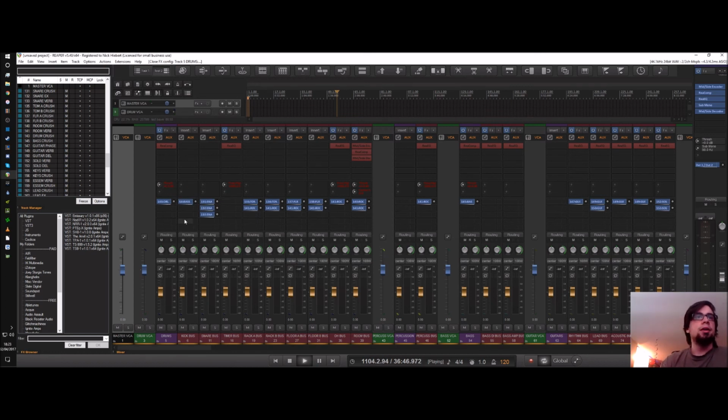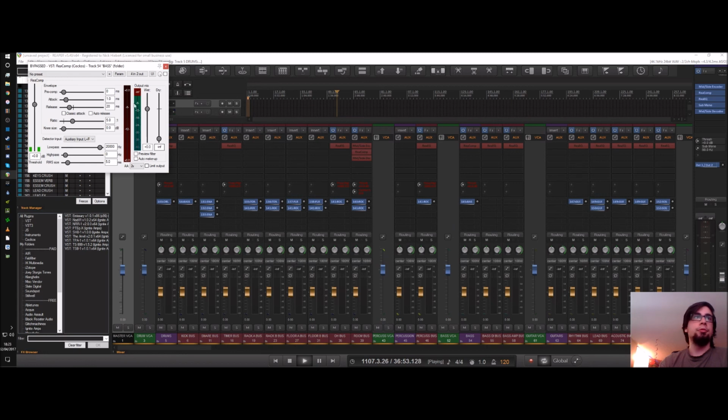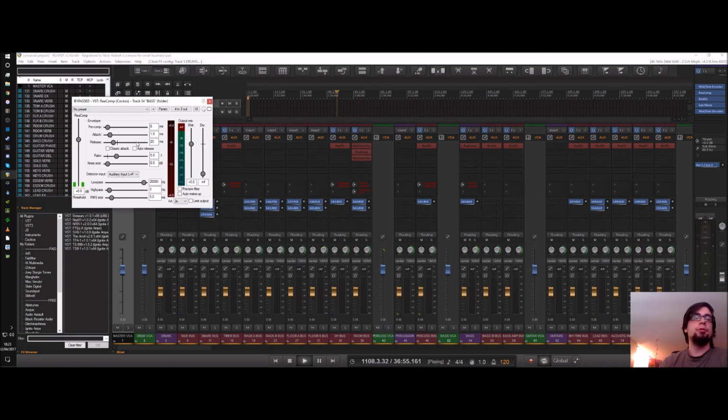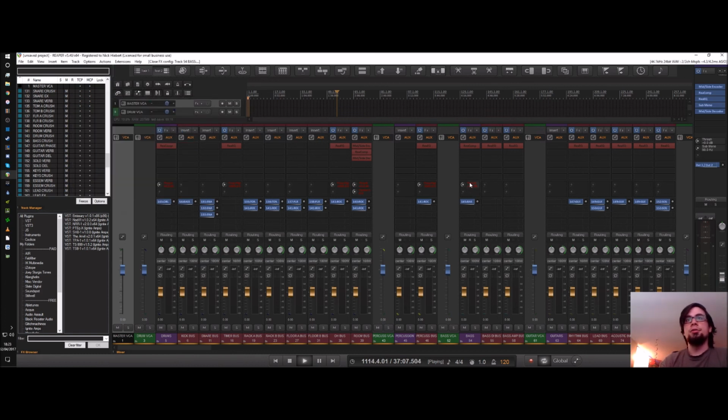Next would be the kick drum. The kick drum is sending to the bass through channels 3 and 4, and the bass is receiving them through ReaComp right here, and it's set up for peak reduction, or at least that style of compression, with a pretty aggressive ratio of 5 to 1. And I also have a threshold parameter set up here,